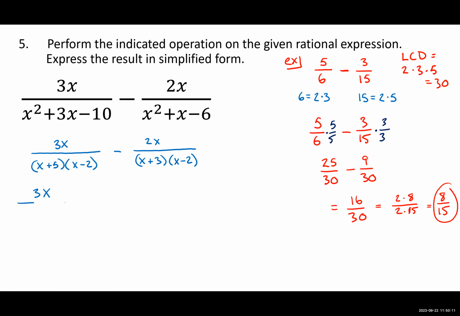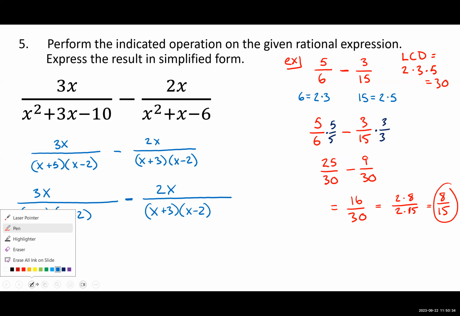We have 3x over x plus 5 times x minus 2. And then we're subtracting 2x over a different denominator, x plus 3 times x minus 2. The two denominators have to look the same. So the first one is missing an x plus 3. So we multiply the top and bottom